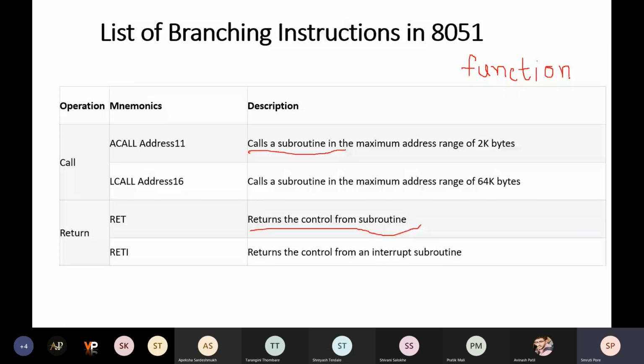If you have a very big program and anywhere you want to execute the square root, you will call that function. Similarly, if you want to implement the function in assembly programming, you are using the call and return instructions.